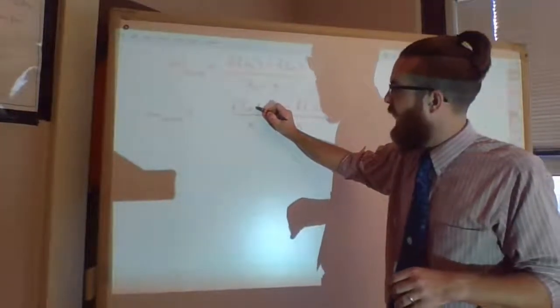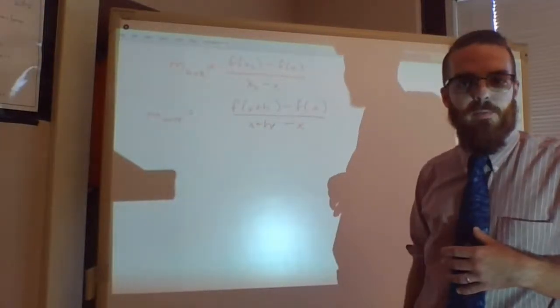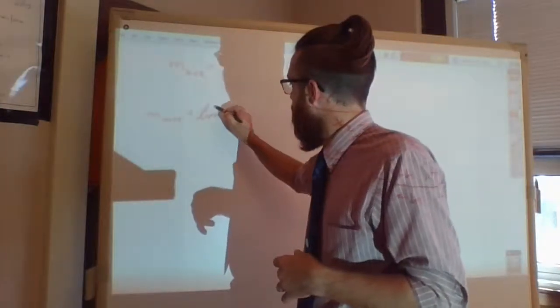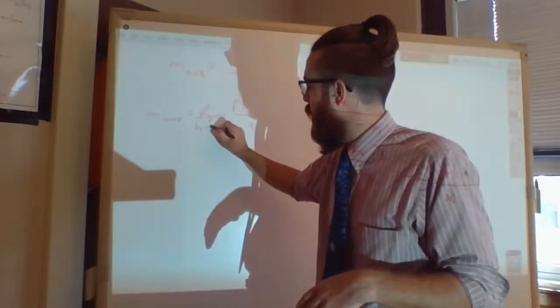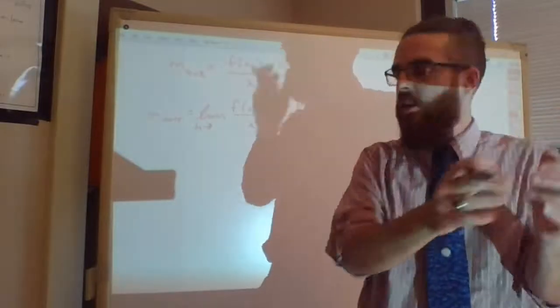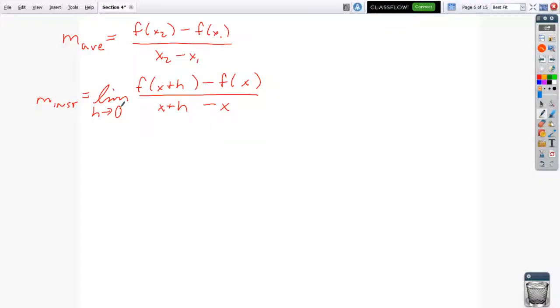So instead of making this first one x, we're going to make it x plus h. And we have to make that first one also x plus h. And we want h, somebody looked this up a few years ago, asking why we called it h. We call it h because it's a horizontal change. We're changing x just a tiny amount, so h approaches nothing. We want h to be 0. In every instance, those x's cross out, and we're left with the limit as h approaches 0 of f of x plus h minus f of x